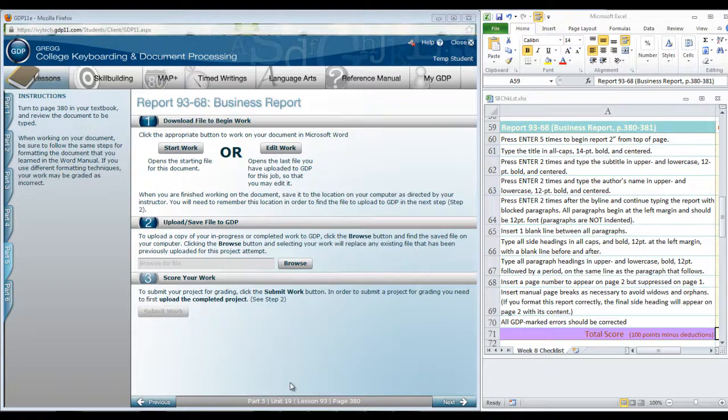You will be completing Report 9368 from a handwritten draft in your textbook on page 380 and 381. You should read through that handwritten document before you begin typing. You may need to review formatting for side headings and paragraph headings in this multi-page document. And remember that the nature of this report for a medical office requires that you concentrate on producing an error-free